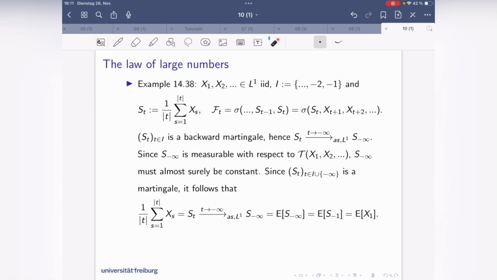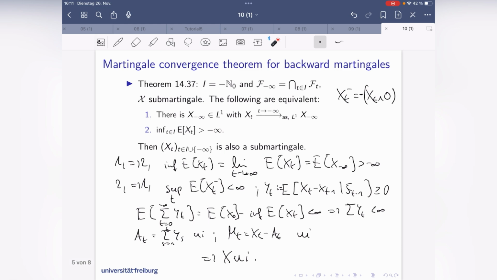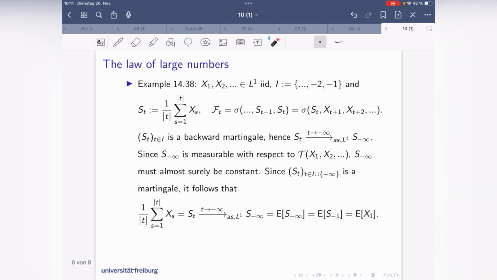And maybe you recall that this thing here, we had that example, that one here, that is a backward martingale. You can maybe go back to the proof from the start of our martingale session. So that is a backward martingale. And since it's a martingale, the second condition here is fulfilled anyway, which means we have an almost sure and L1 convergence to this thing here,